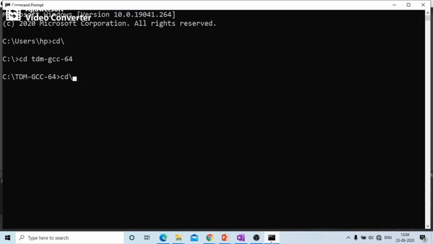I am here going to explain the compilation of the stack program. Here I have used the TDM GCC compiler, and before running the program, I will show you the changes I have made in the program. That is, start to open the editor, start stack.c.